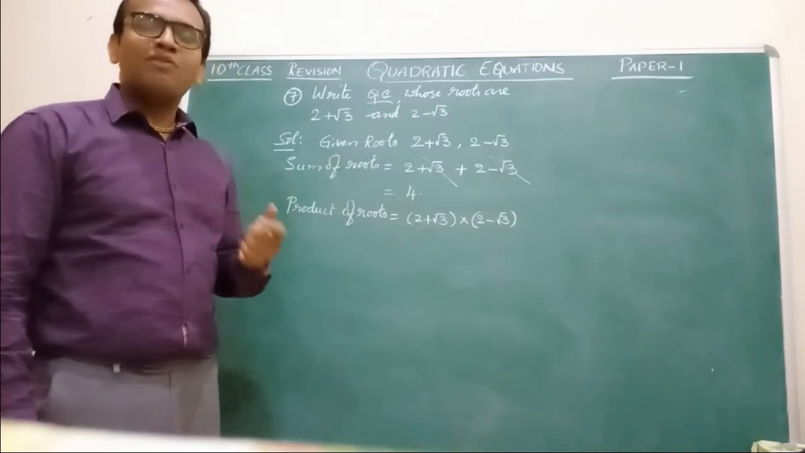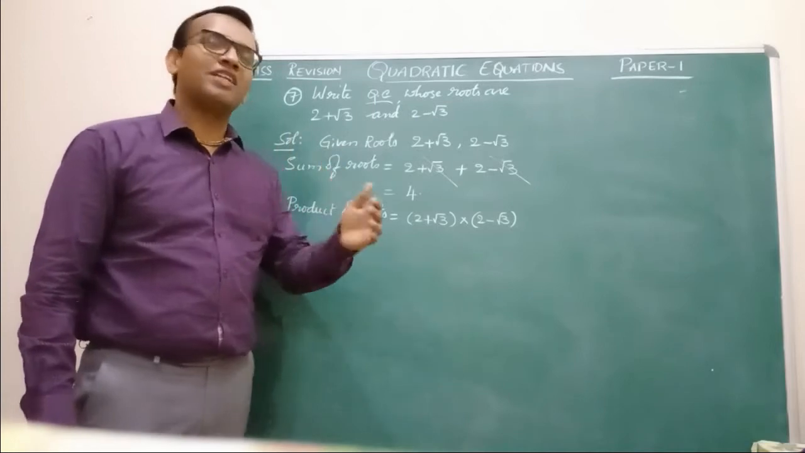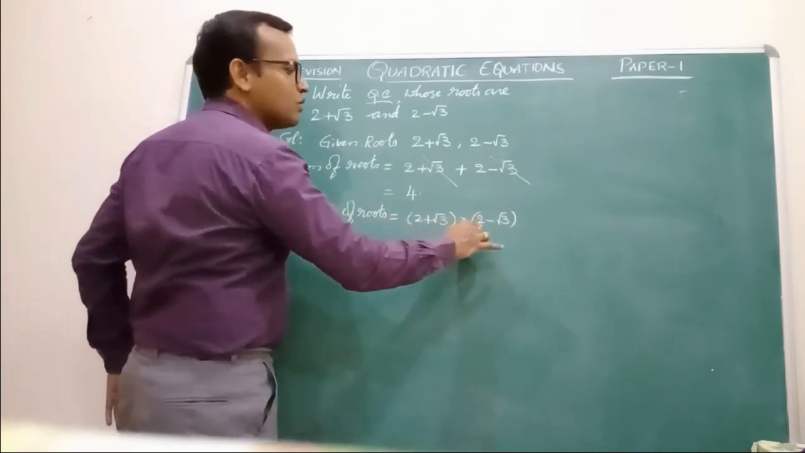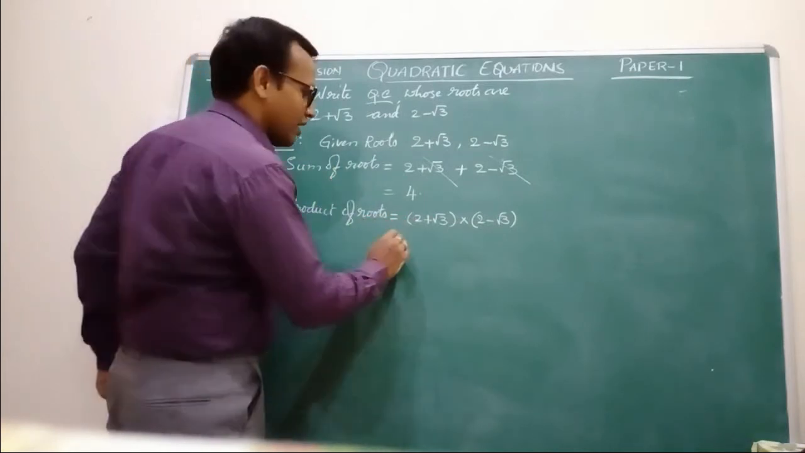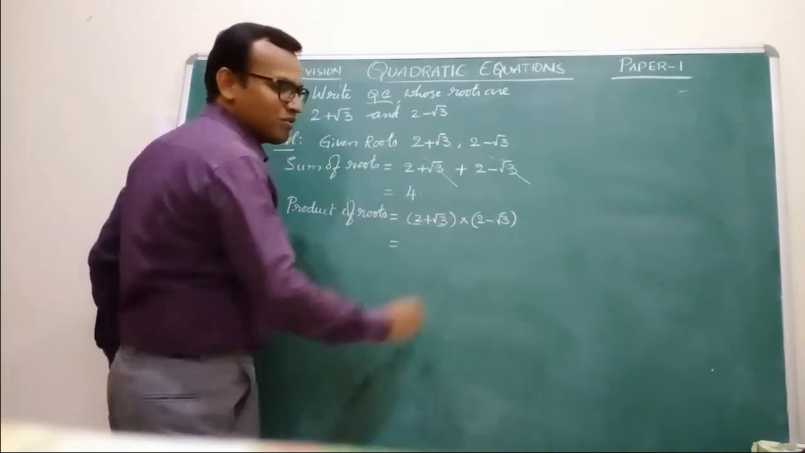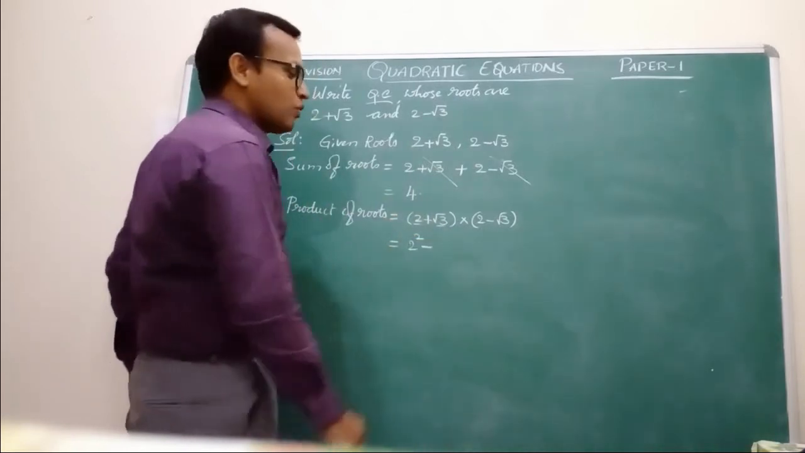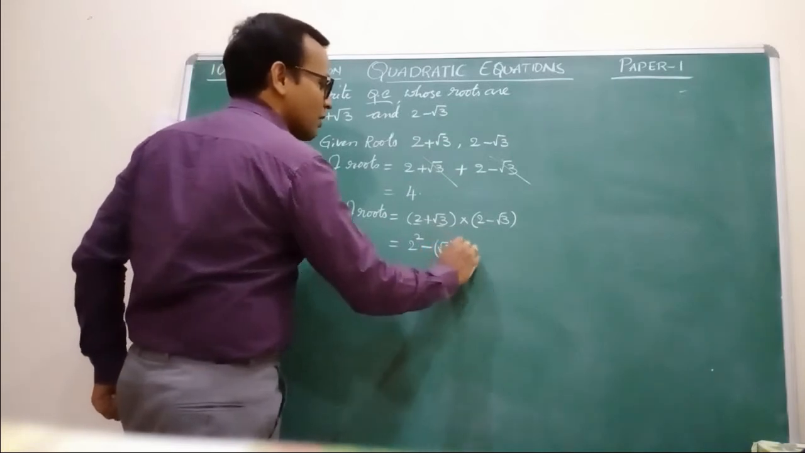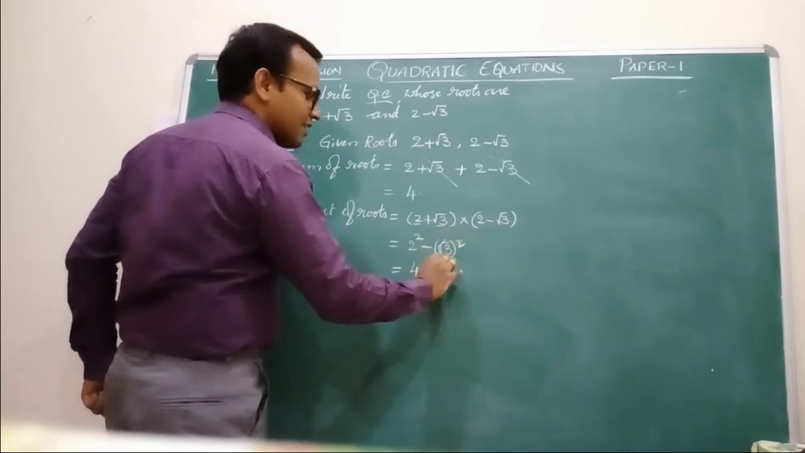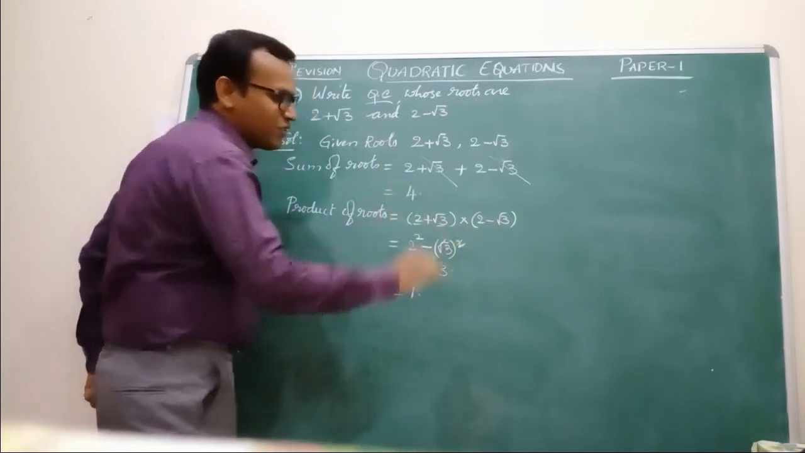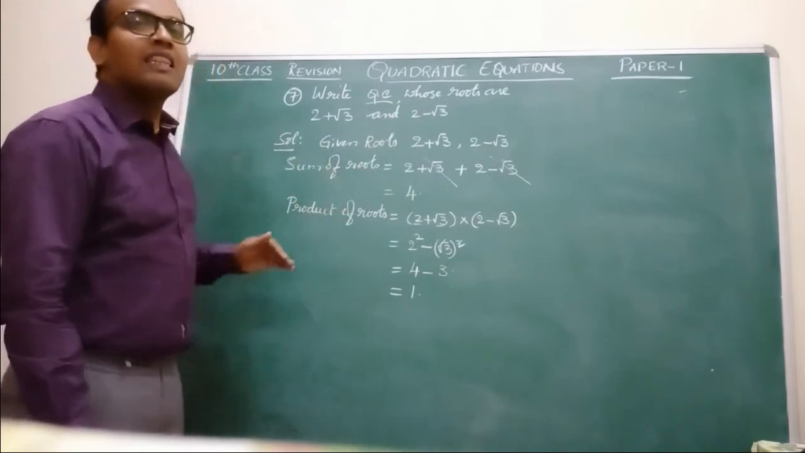Yes. And we know a plus b into a minus b is a square minus b square. A means 2, b means root 3. A square means 2 square minus b square, root 3 whole square. 2 square answer is 4 minus, square and root cancelled, 3. 4 minus 3 answer is 1. So I got product of the roots, I got sum of the roots. Now let us find the